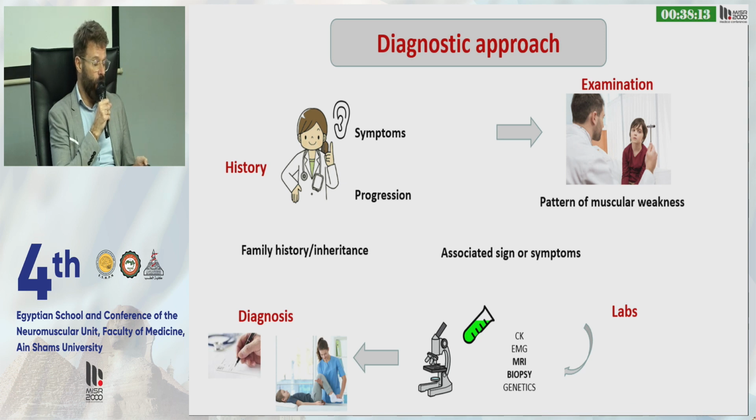And when we go through the history, first of all, if this is a genetic condition, we need to reconstitute the pedigree with a family history to determine if this is an autosomal dominant condition, autosomal recessive, X-linked. You need to check for the different symptoms, and observe your patient or ask a specific question, appreciate the progression, and when you do the muscle examination, it's important that you appreciate with particular attention the pattern of muscular